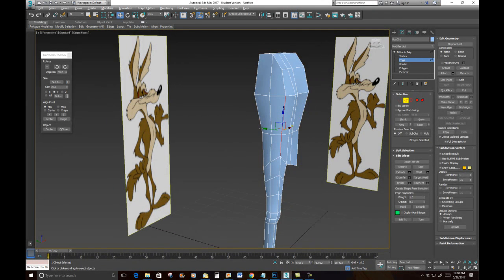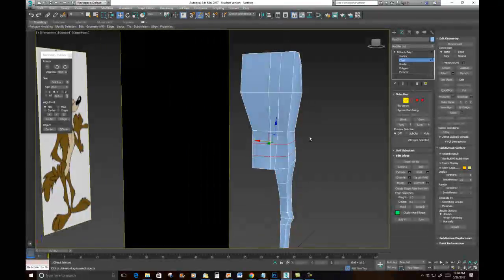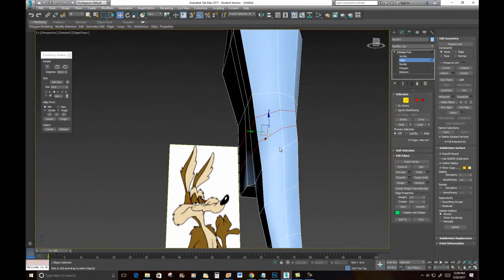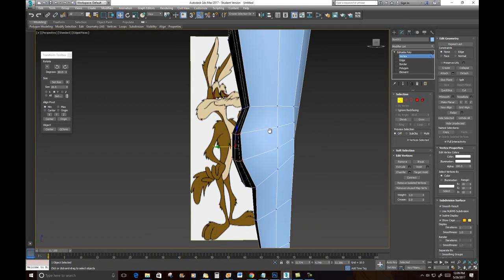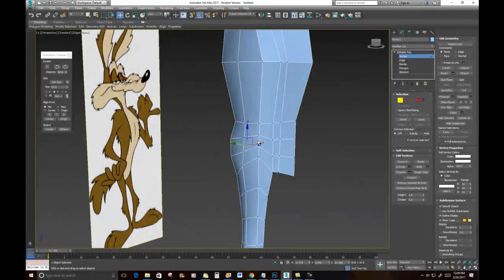I gotta say ring first, I'm sorry. Let's do this part first. I'm gonna say ring, right click, and I'm just gonna say connect, and I'm gonna have 2 lines there that go all the way around. So what I want to do is just grab these verts here, like that, pull them out, so he's got somewhat of a butt shape. It doesn't need to be that tall, so